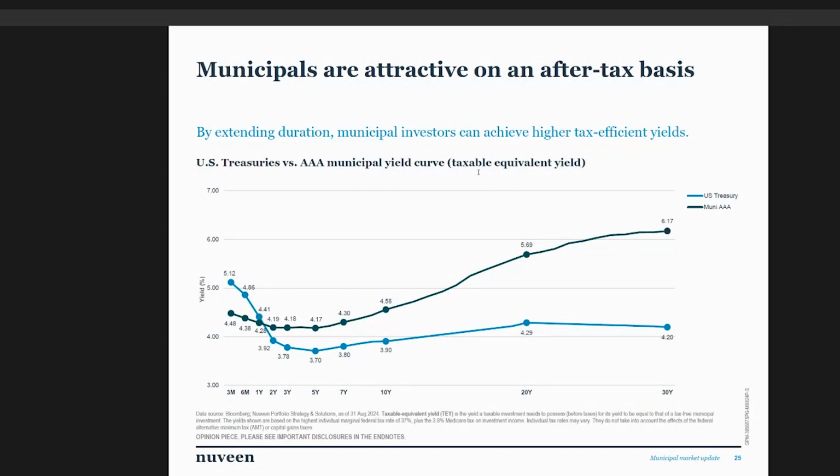My muni yield curve is a bit different than what we have for U.S. Treasuries. The biggest difference between the muni yield curve and the Treasury curve is really that we're upward sloping. So this is the U.S. Treasury curve, and this is a little bit dated, but you could see,